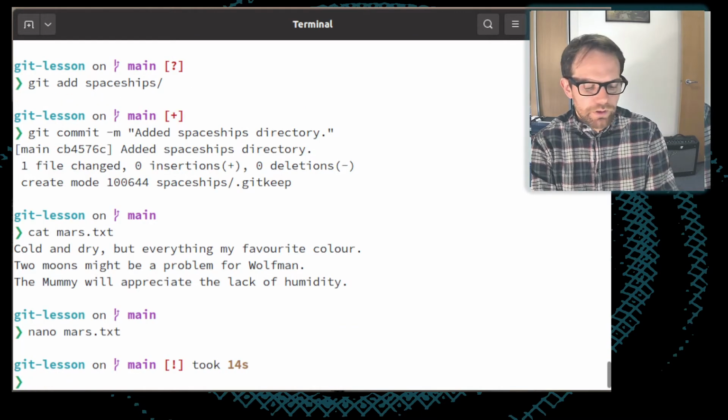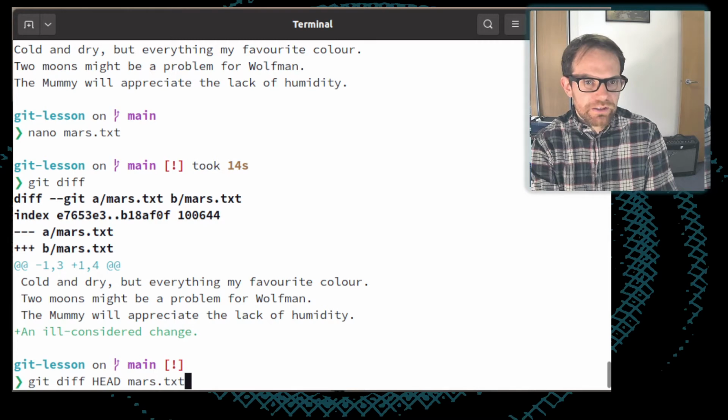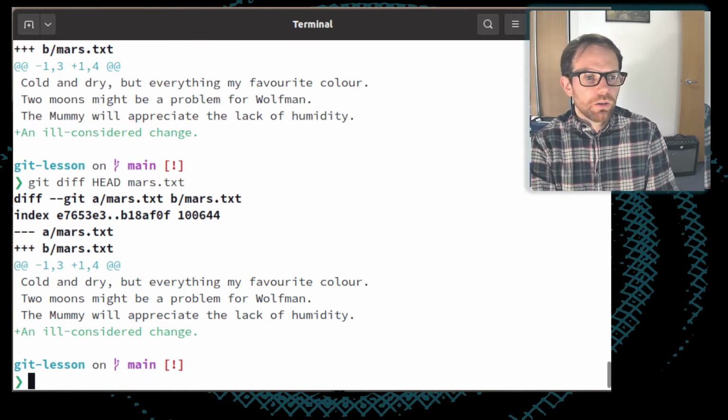So first of all, if we run git diff, we'll see that we've added this ill-considered change line. If we write git diff HEAD mars.txt, we should see the same thing, because git diff is just a shortcut for this same thing.